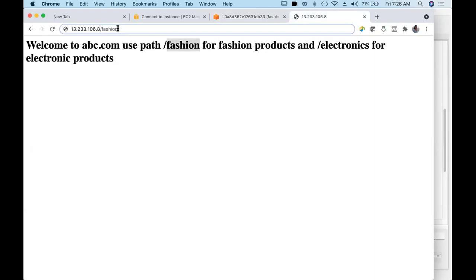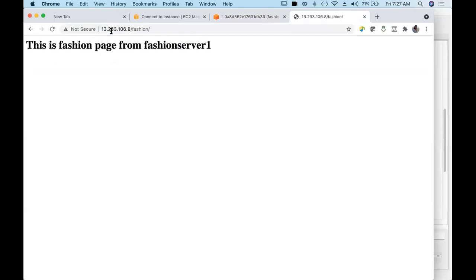So without this slash fashion, you will get the default index.html page. If there is no default index.html, then the Apache server test page will come. Suppose you don't have any file under fashion, you will get a file not found error or again the Apache test server page. So slash fashion, now I'll get this. I have two index.html files.